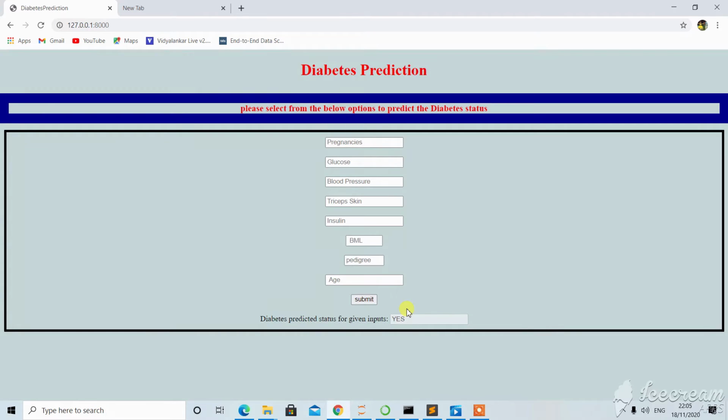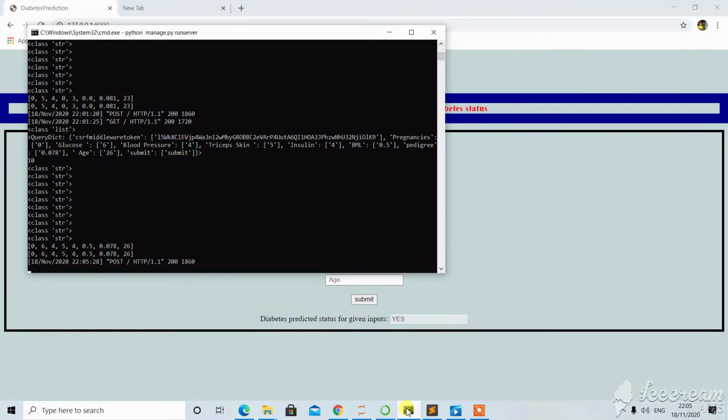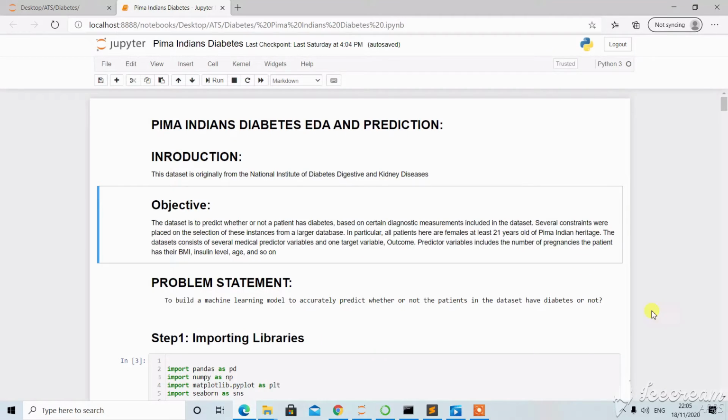For this front end page, I have used HTML and CSS, and this is the Anaconda prompt, which helped me to recognize a value while entering the data. Here the data has been stored, so you can easily recognize it from here. So this is the backend.